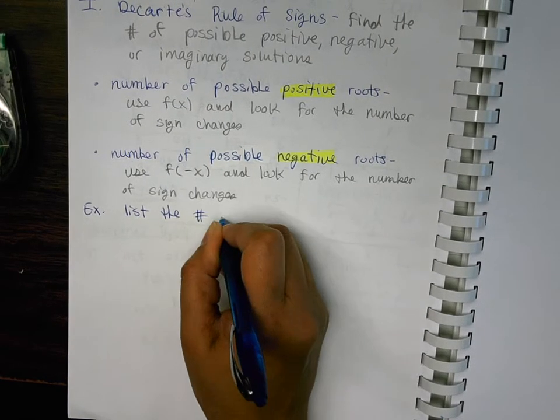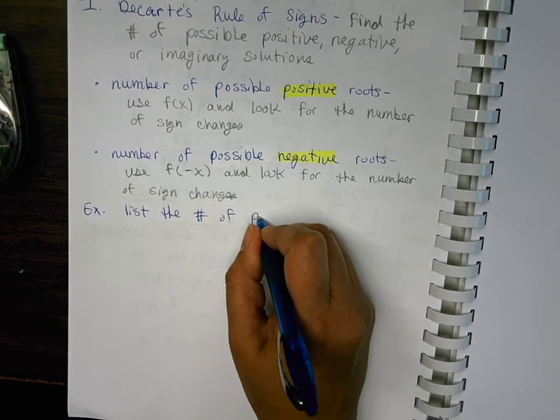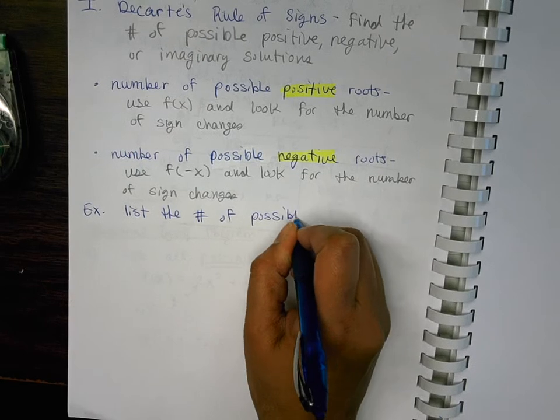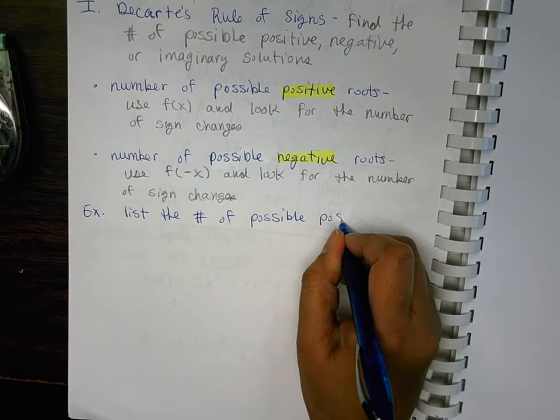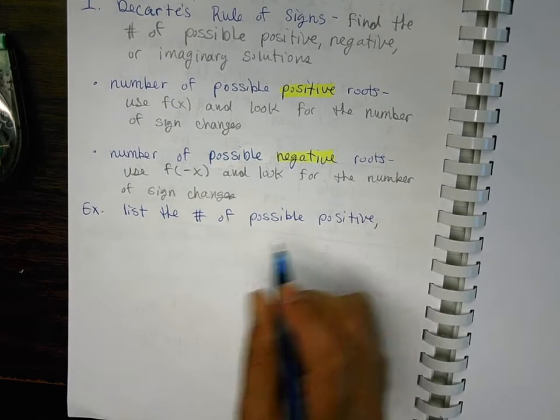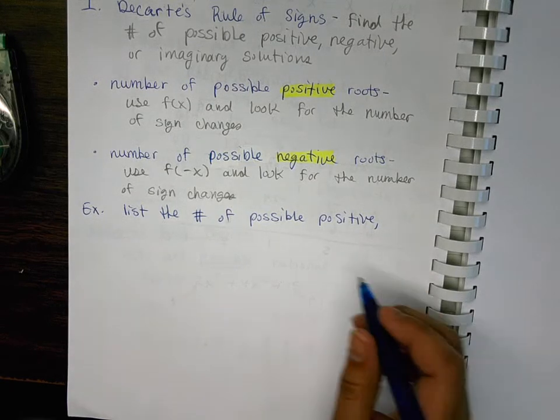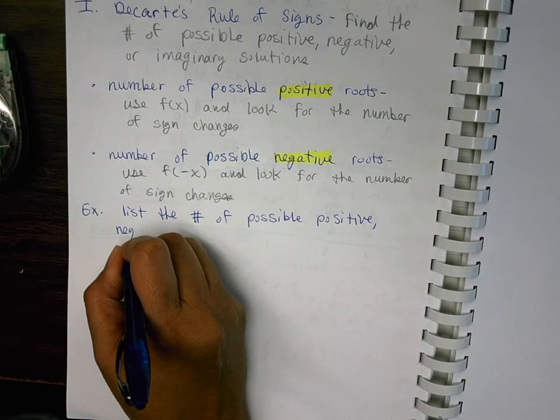Alright, so let's take a look at an example. I want you to list the number of possible positive,